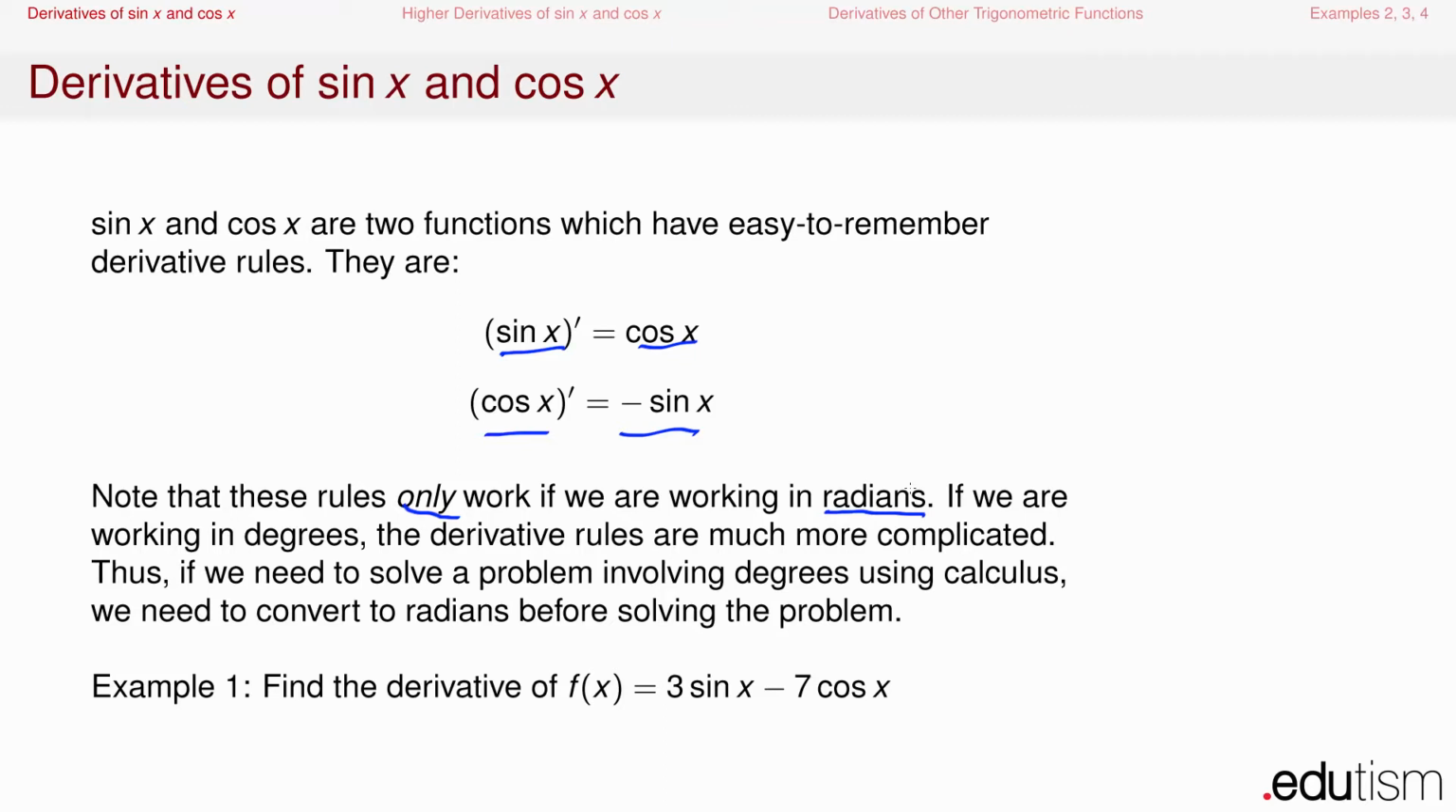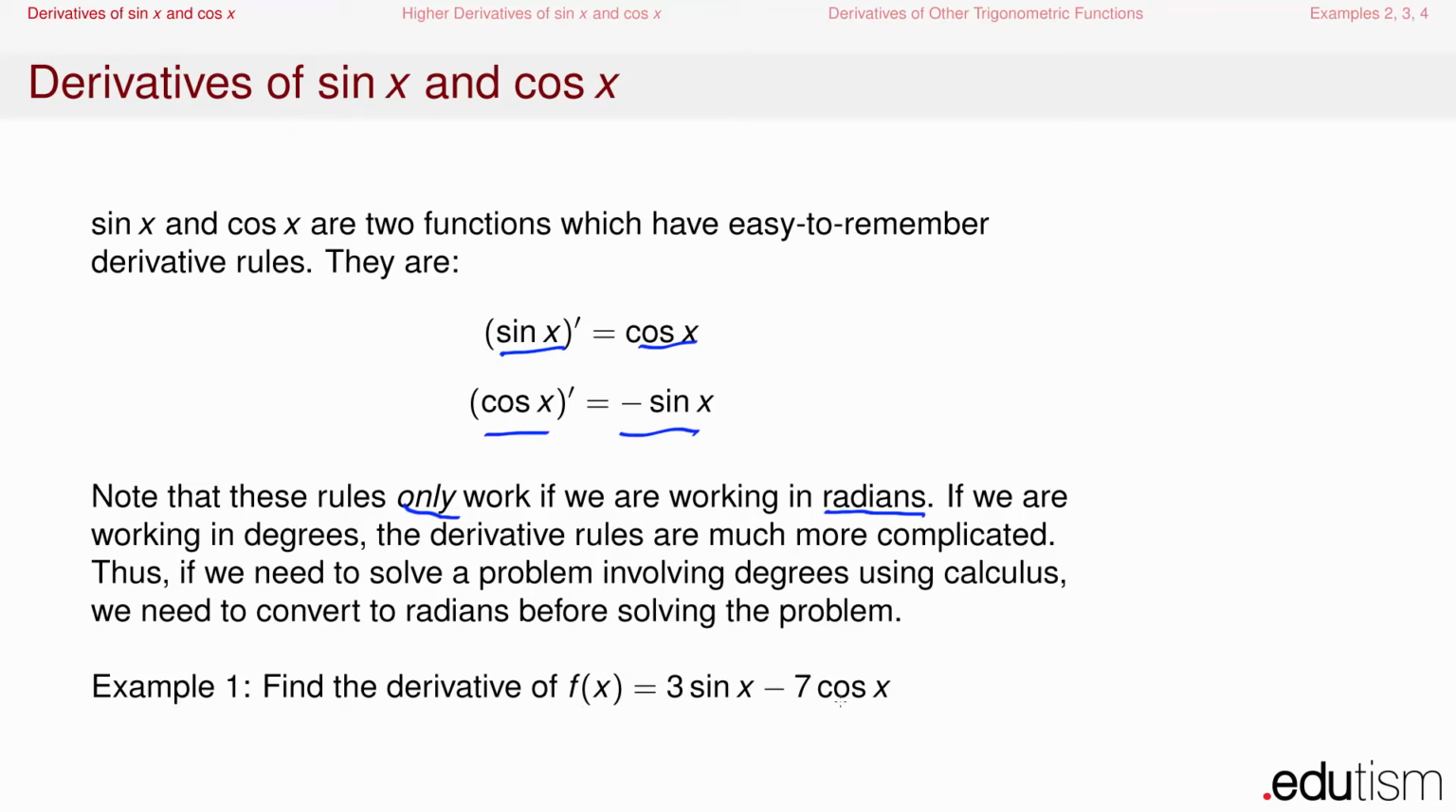So, if we need to solve a problem involving degrees, and we're trying to use calculus to solve it, before we can solve the problem, we need to convert the function in question into radians, and then approach solving the problem. So, just to see how these derivative rules work, let's try to find the derivative of the function